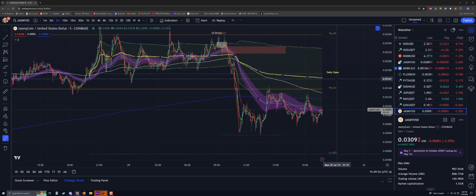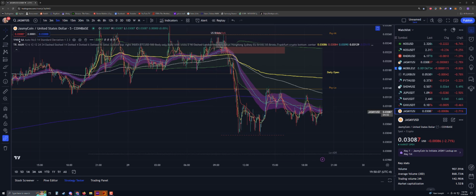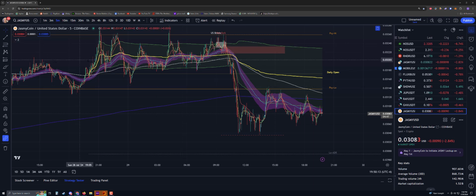Okay, so in this chart, the VWAP is just this yellow line right here. That's it. And this is just the volume weighted average price. And basically, when price moves very far away from the VWAP, you can kind of bank that it's going to trade back towards it. Like Jasmine has traded very far away from the VWAP. I would expect for Jasmine to start trading back towards that. On